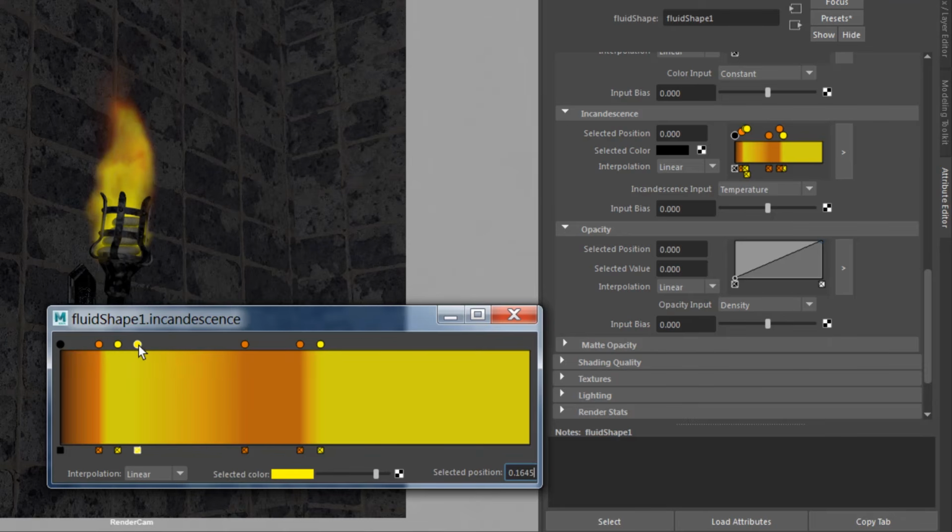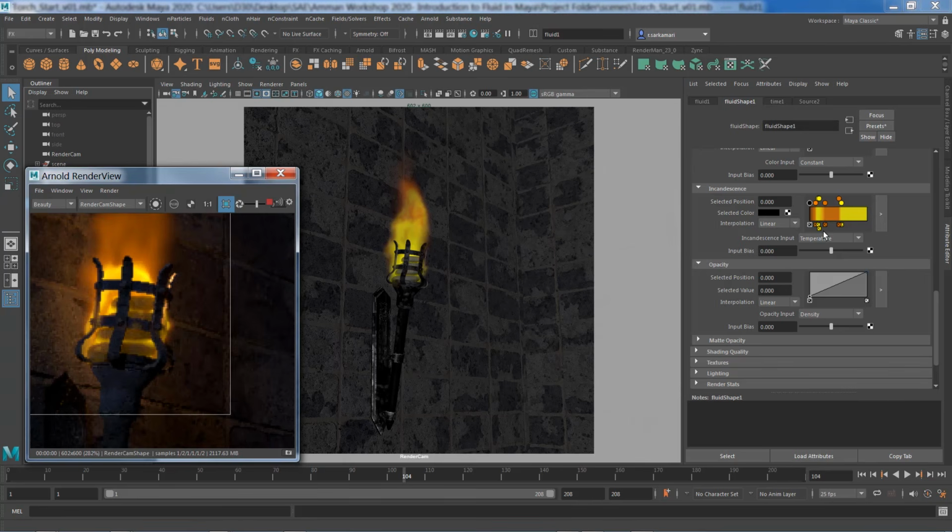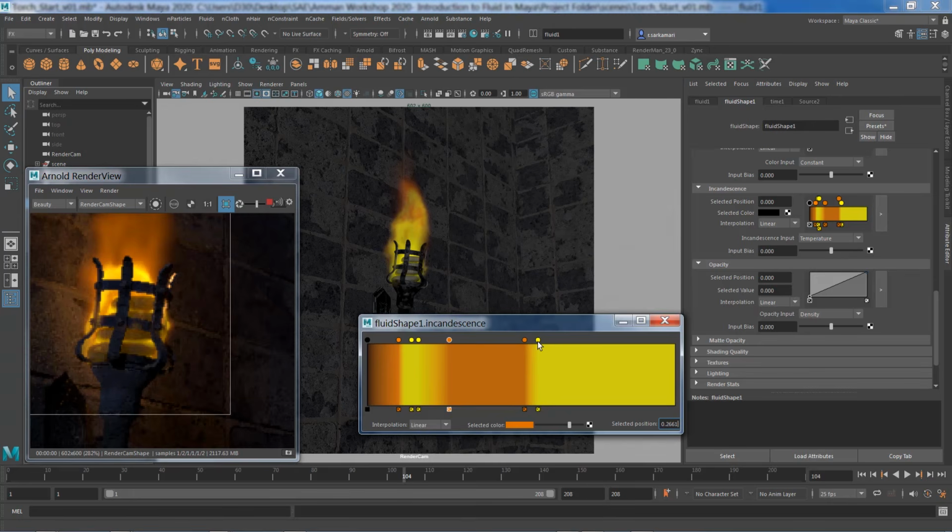And again, this is something that I need to play around with, and I'm going with the reference that I already have, and we'll see what happens. Now if I render, what I'm getting looks way more realistic. And again, there's not much happening if I change this here, but